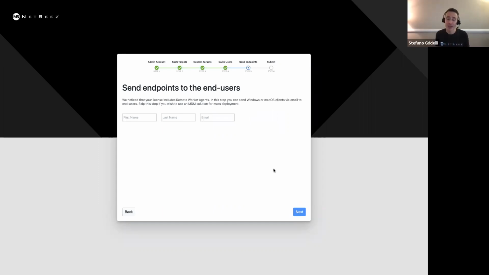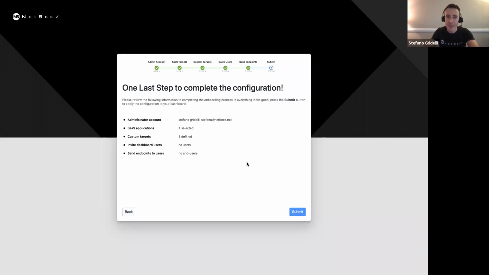Okay. Next step, this is another step we're really excited about, is that you can send the endpoint to the end user. By specifying a first name, last name, and email, the user will receive an email with a link from which they can download their own Windows or Mac client. So as you notice, the onboarding gives you all these key activities in one step and very easy to do. So I'm going to skip this also, but in the next step, before you create all these resources,